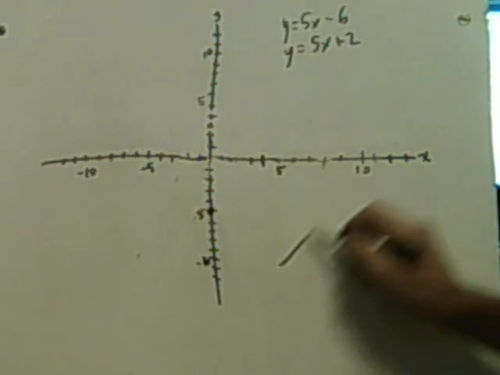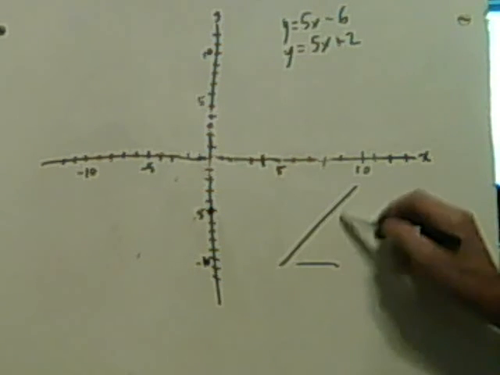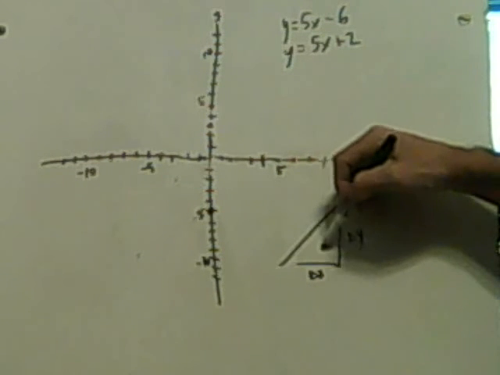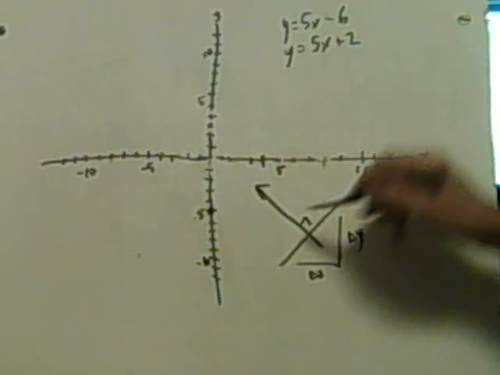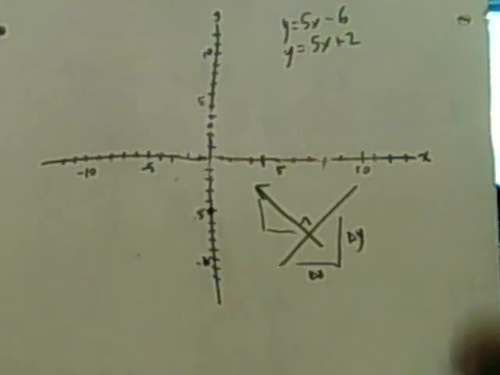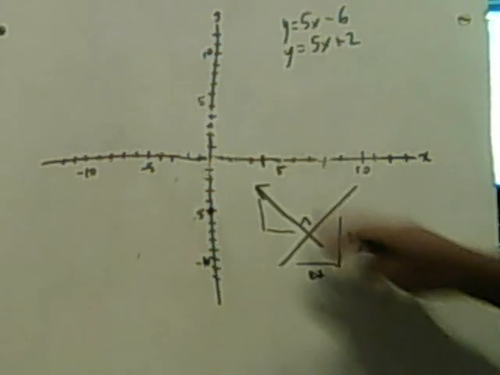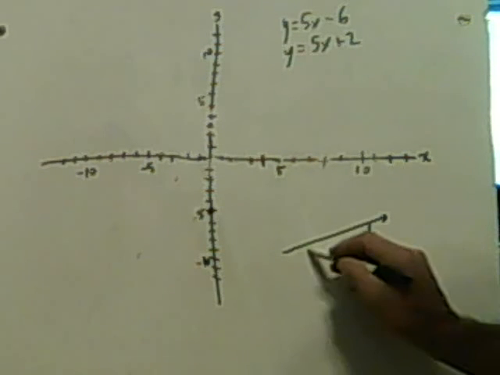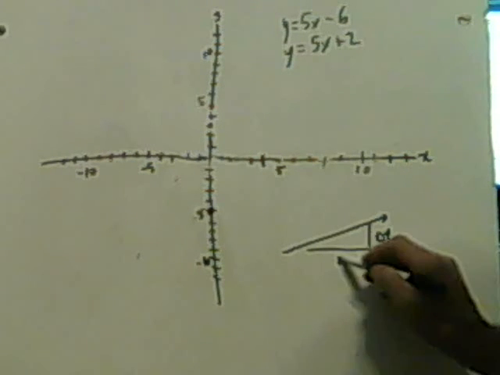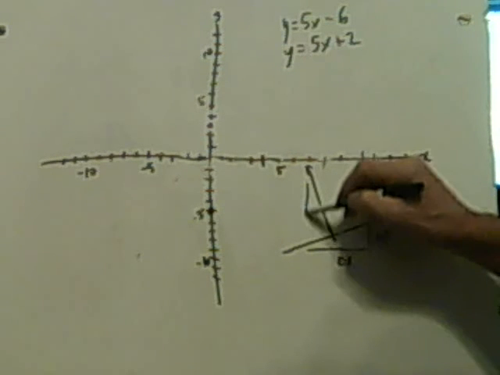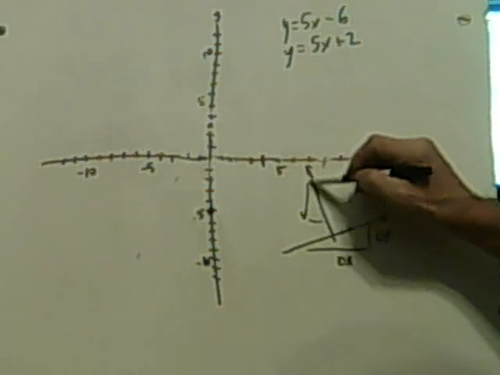If you have a line like this, and it's got a certain delta y and a certain delta x, if you had a line that was exactly perpendicular, or at 90 degrees, it would have... Well, I drew this at 45 degrees, so it makes it hard to see, but the roles of delta y and delta x are reversed, so let me make one at a slower angle. You'll see it now. If this is delta y and this is delta x, and you had something that was perpendicular to this, what you'd find is that the rise over the run,